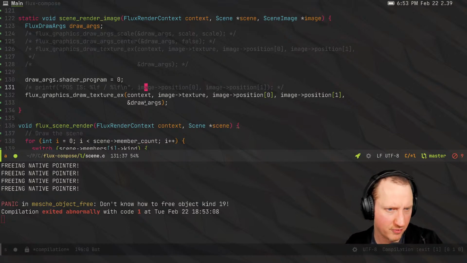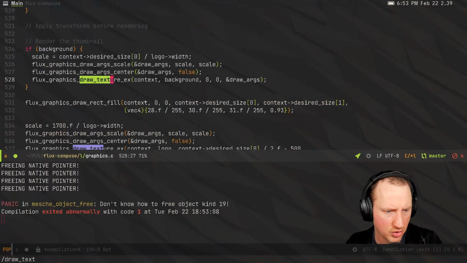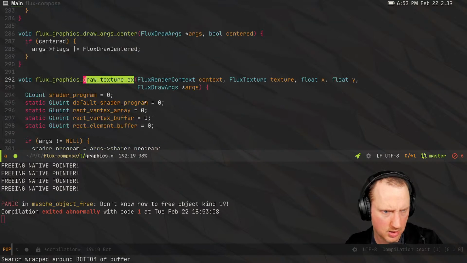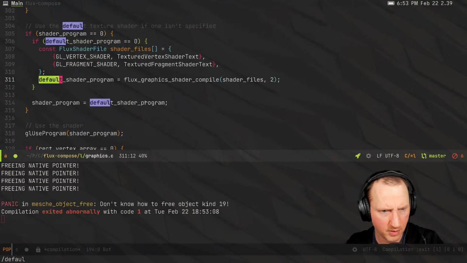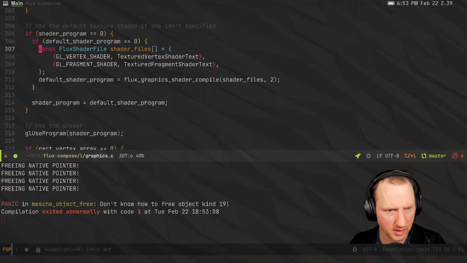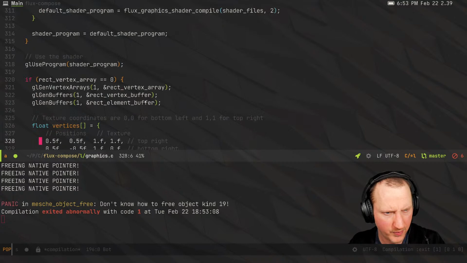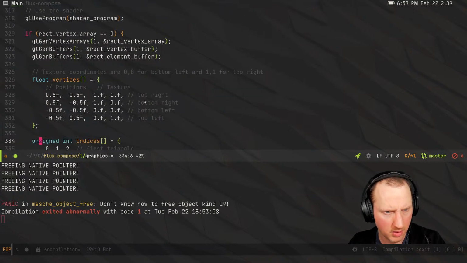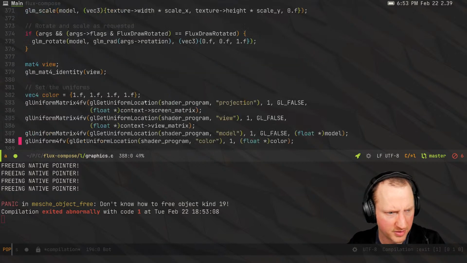I'm not doing anything differently. So let's go into that function maybe and see. Draw texture EX. I put shader program to 0. Default shader program is 0. I think this hasn't been compiled yet. So then it compiles the default shader program and then uses it. And that's the textured fragment shader, which should be the right one. Okay, rect vertex array, blah, blah, blah. So all that should be fine. So the question then becomes, what